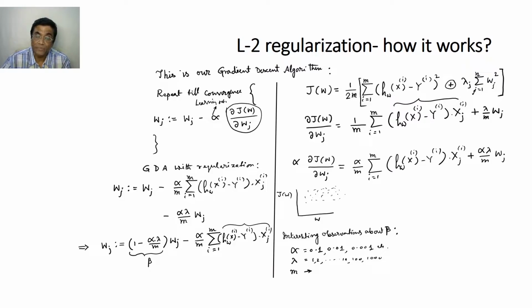There will be a shrinkage of the parameter at every step. But that shrinkage itself is very, very small. That means many Wj are going to stay there, which is justified because M is quite large, and you require more parameters to be attached with more features to capture